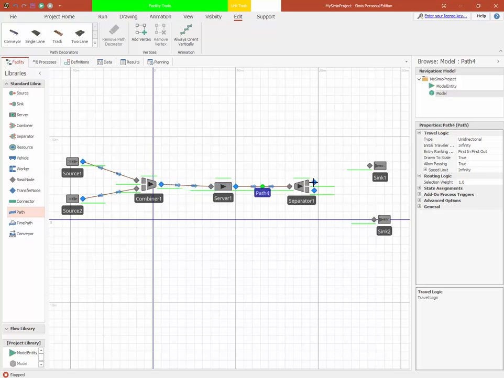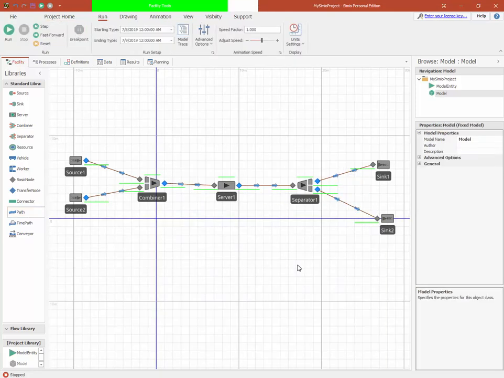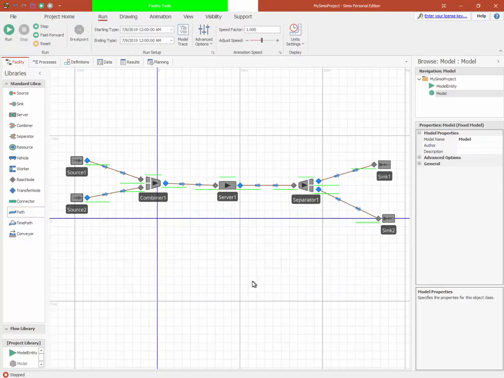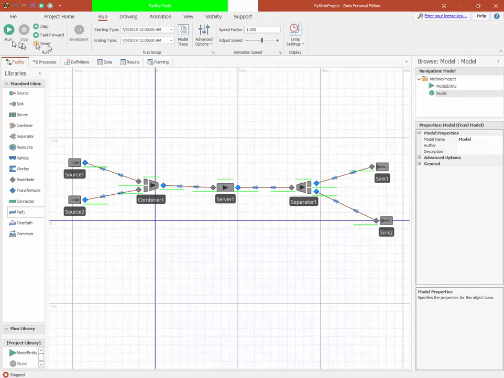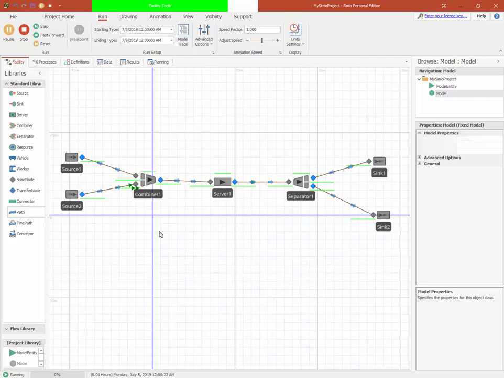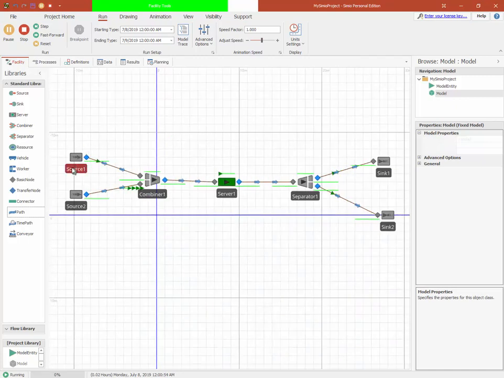The parent entities are going to go to sync 1, and the member entities are going to go to sync 2 after they've been separated. So that's our basic model structure, pretty straightforward. And so now if we just run without changing any properties whatsoever, what we see is we're creating the same